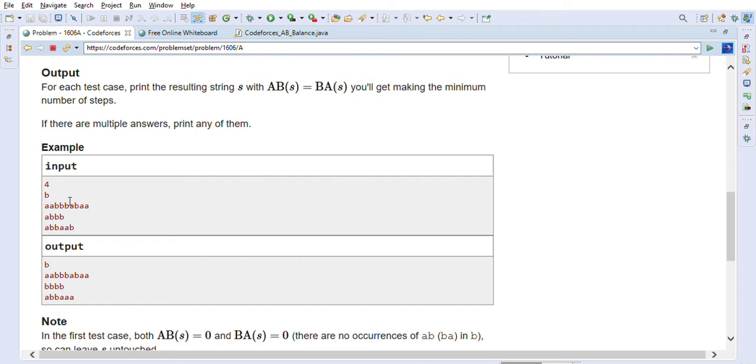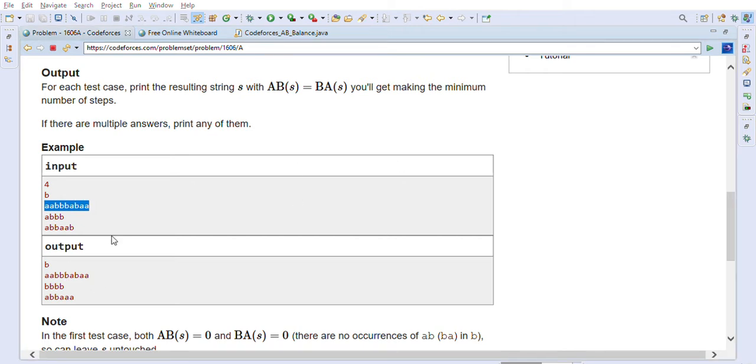And the number of BAs, if you count here, BA is one and this is another BA. So there are two ABs and two BAs. We don't have to change anything in this string because it is already balanced. You can see that this is the same as the answer, highlighted here, so we are not changing anything because both are already balanced.